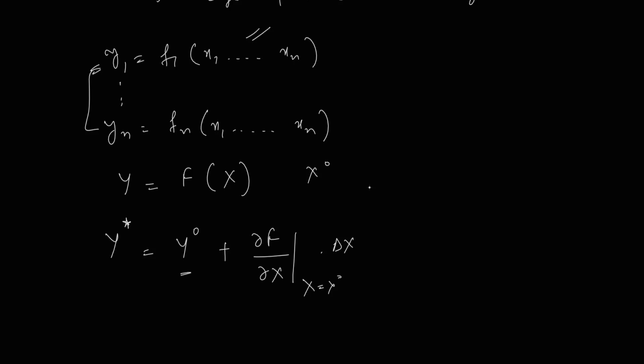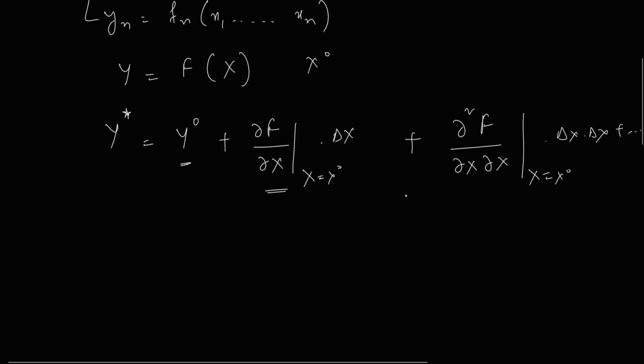I take the initial value, plus the first derivative of the function, plus the second derivative, dou square f by dou x square at x equals x naught multiplied by delta x squared, and so on for the third-order terms. If I neglect the second and higher order terms,